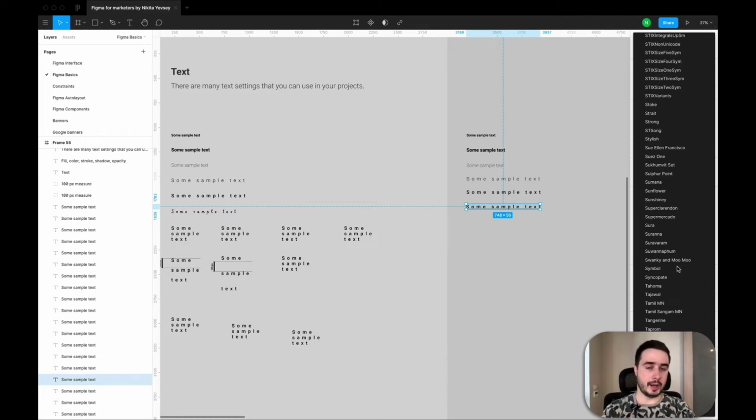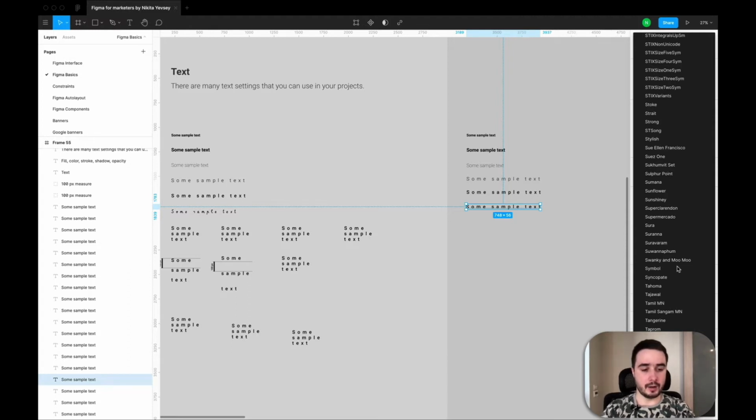If you work online with your browser, you don't have to install fonts on your laptop, on your desktop. But if you use the Figma application, it will have some fonts inside, but if you use some fonts that are missing, you have to install them into your system, and after this Figma will pick them up